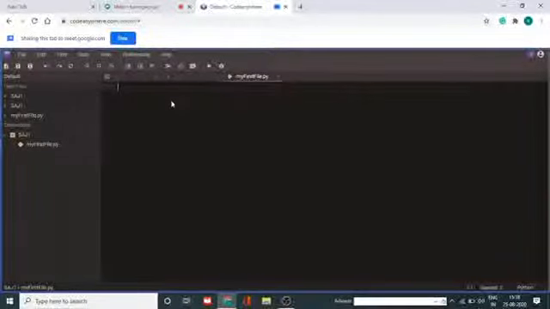Suppose I will write a program for arithmetic operations. Take any two variables, suppose x equal to 10, y equal to 2.